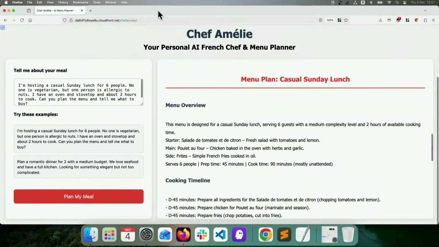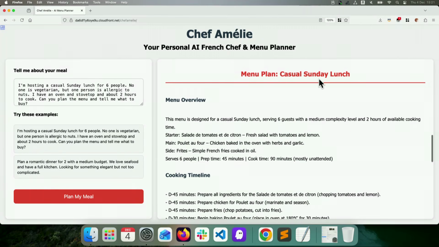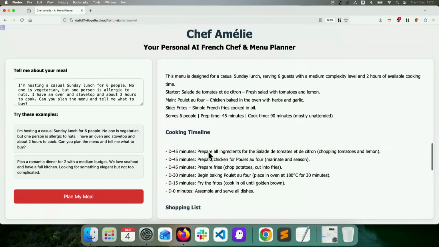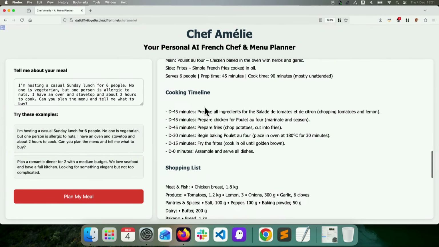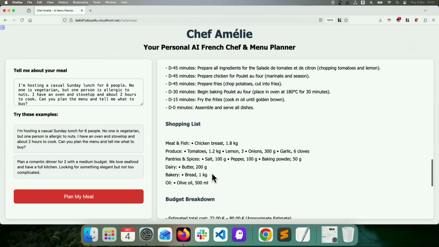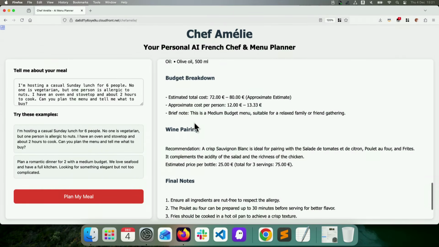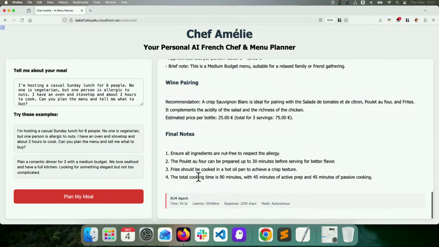And here, casual Sunday lunch. So menu overview, we have starter, main, side, serves 6 people, cooking timeline, the shopping list that we use, the budget breakdown, wine pairing, and final notes, and some metrics that we have here.